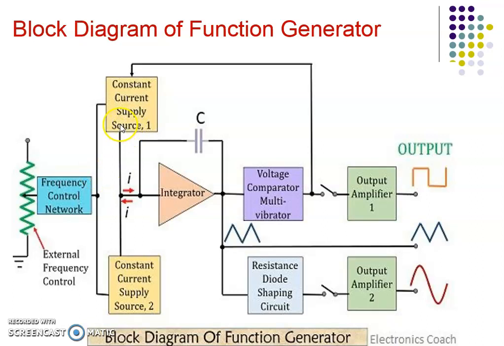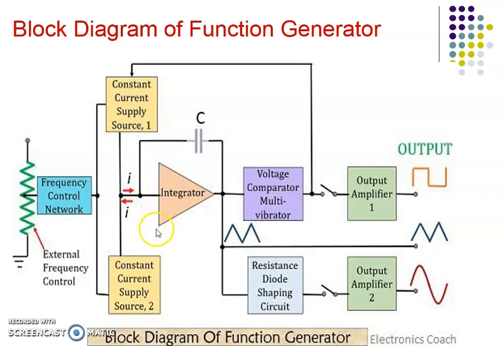So now this constant current source provide constant current to the integrator. So this is output, this is input of the constant current source. This output is given as an input to the integrator. So the input of integrator remains constant, it is not changing. So it depends on the output of this voltage comparator. It continuously detects the output of this Schmitt trigger. So first block of this function generator is integrator.